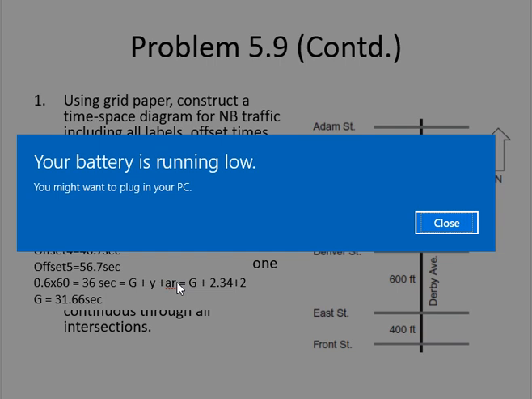Okay, after 12.2 seconds, 31.60 seconds green, 2.34 yellow, and then again 26 seconds red, and so on. Clear? Okay, so this is how the diagram is plotted. Now, if you look at the diagram,